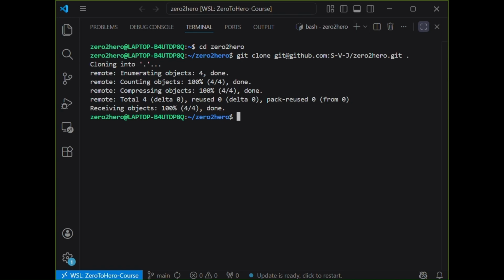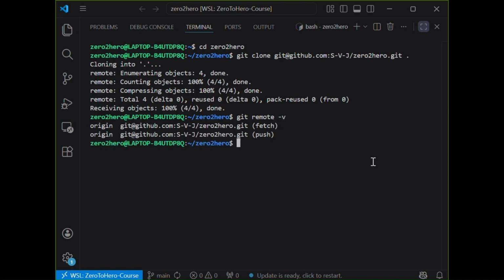Once your repository is cloned or initialized, verify the connection by typing this command: git remote -v. You should see origin pointing to your GitHub repository URL. Then check your branches: git branch -a. You should see main listed.